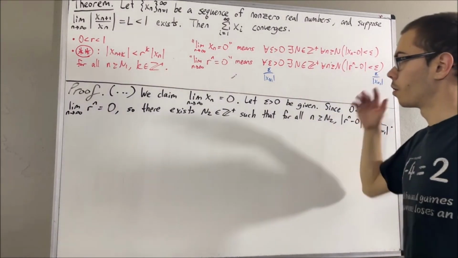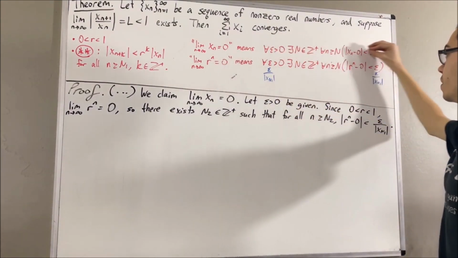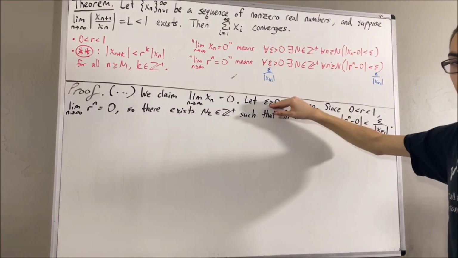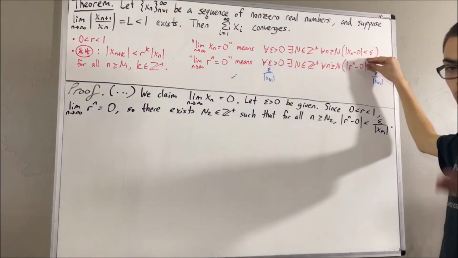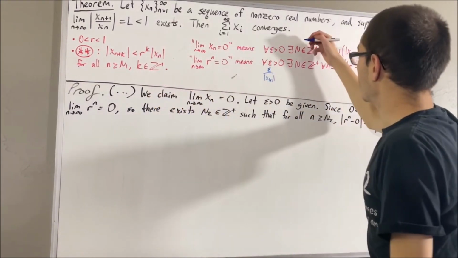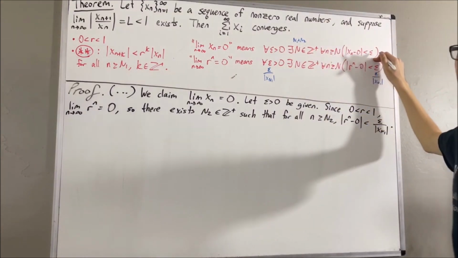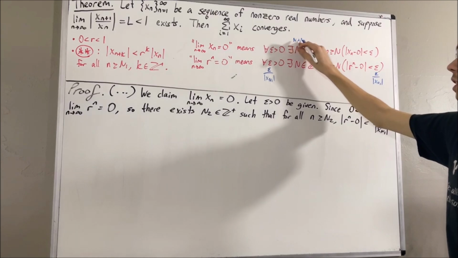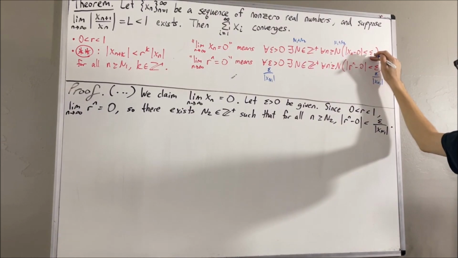Now remember, the whole goal is then to show that xn converges to 0. Remember, we're in the process of proving this statement. At this point, we gave ourselves an arbitrary epsilon greater than 0, right here. And now we want to find a positive integer that makes this statement turn out true. Well, the claim is that the positive integer N1 plus N2 will make this statement turn out true. So taking capital N to be capital N1 plus capital N2, we proceed to show that this statement is true.